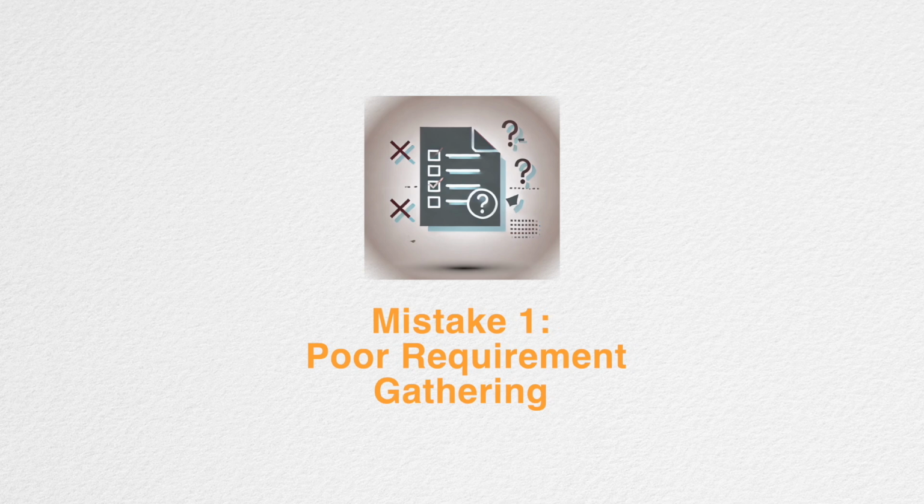So the first common mistake is poor requirements gathering. As business analysts, one of our core responsibilities is understanding what our stakeholders want. This process is not very straightforward, and a lot of business analysts jump into conclusions without understanding the big problem. Let's say you are working on a project and you assume that the business needs more data. You create a complex report, only to find out that the real issue was interpreting the data that they already had.